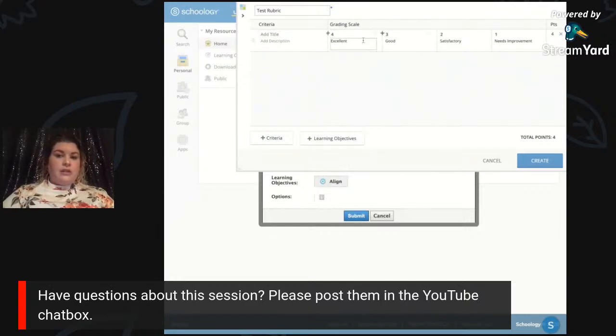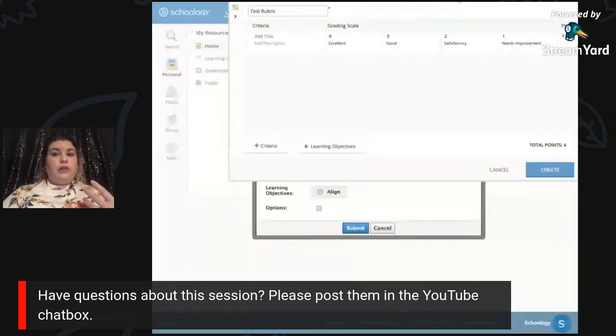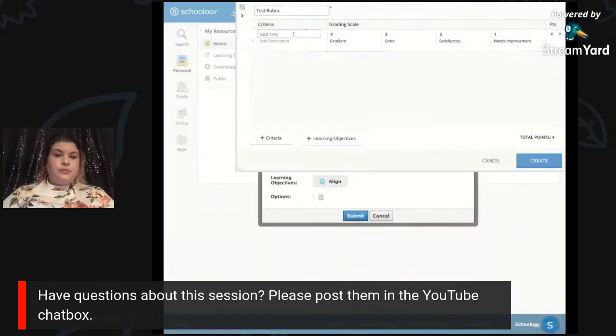It has your grading scale, which starts with a 4 and goes all the way down to 1. And they have the automatic titles of excellent, good, satisfactory, and needs improvement. Now, again, one of the things I really like about Schoology is that even though it gives us a starting place for this, it definitely allows you to create whatever it is that you're wanting to do. So,